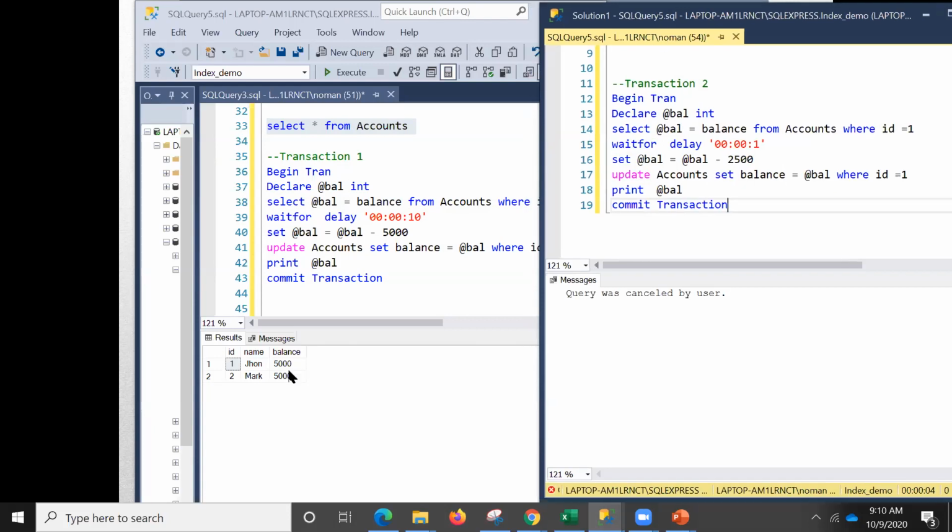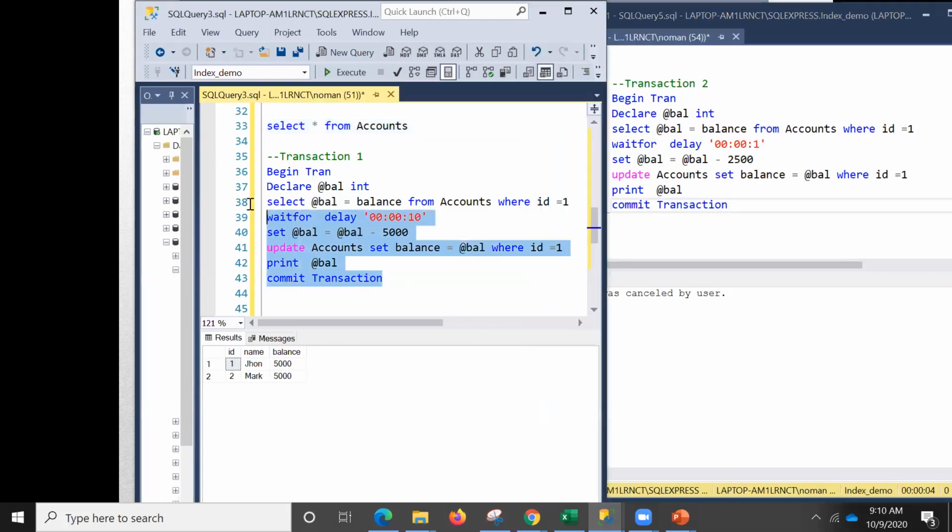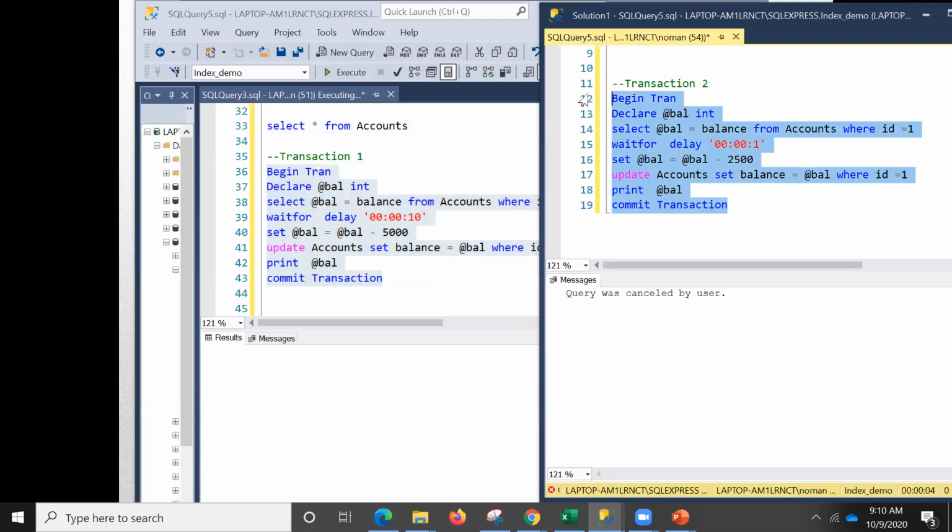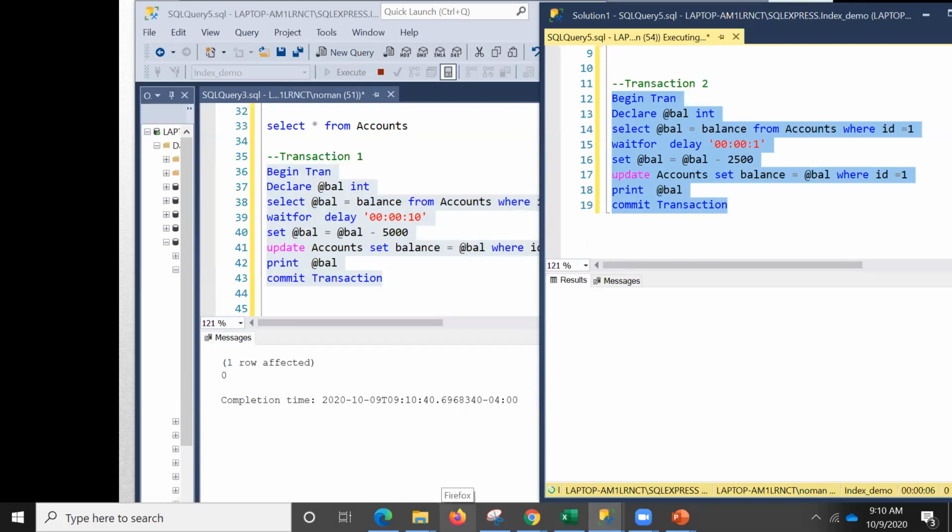Just keep in mind that right now our value is 5,000, and I go into this transaction and try to run that, which will subtract 5,000 from this. Execute, and now execute this one as well. Oh, my system has again started doing the same thing, maybe because it is not running this transaction. Please all of you check that, because if it's working for you, it will be fine for everyone.